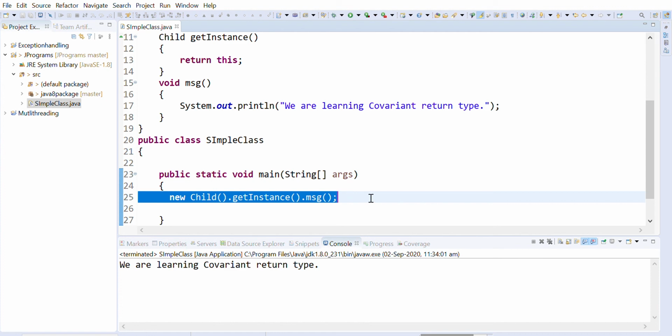So we have gone through the example, and the note is that if you are learning in the beginning, do not learn this. This is very simple if you want to learn about it. So where will we use the covariant return type? What I'm trying to say is that if you are a beginner learning for the first time, skip this topic. Otherwise, if you have some experience in OOPS, you can go through it.